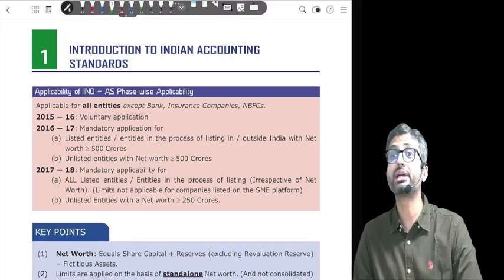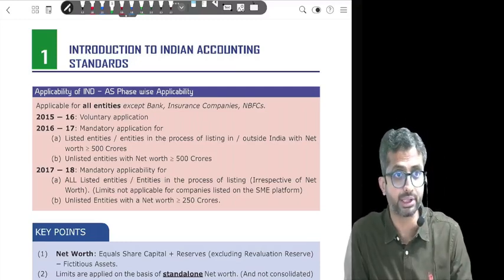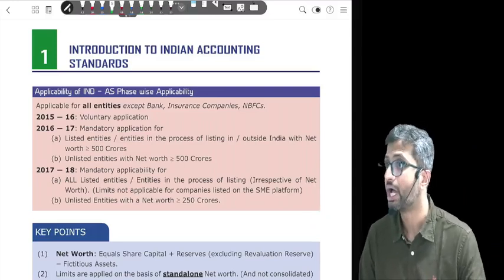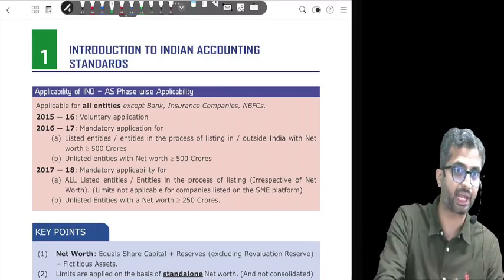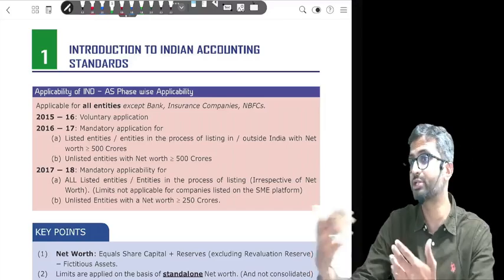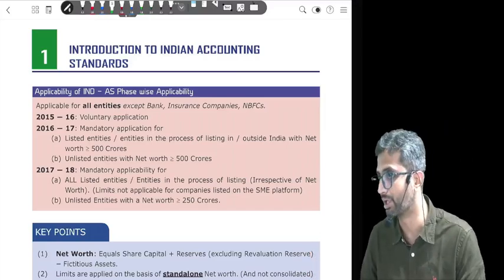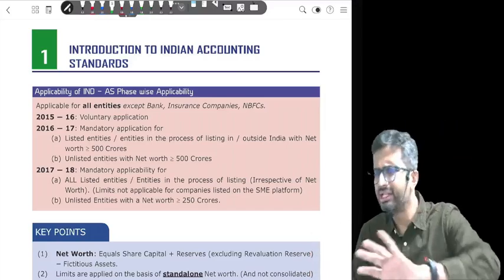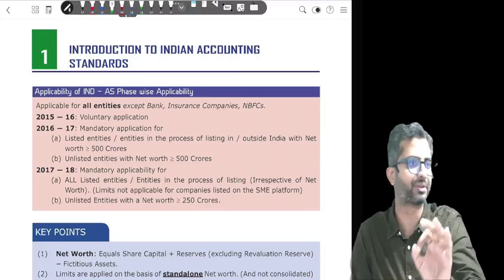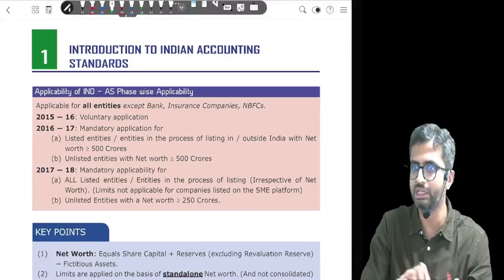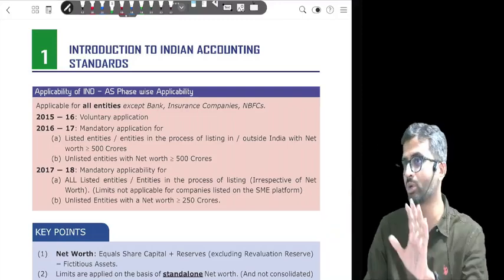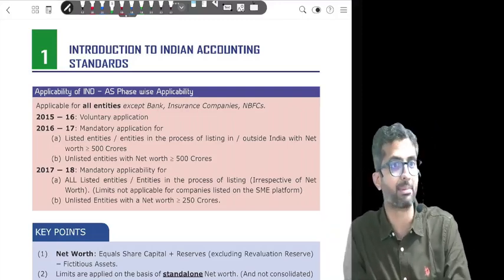Okay. Now we said it is applicable to larger companies. Do we need to understand to whom it is applicable? Well, in general, yes. The May 24 paper, the exam paper that just went by, had a 4-mark theory question. Explain to whom is Ind AS applicable. 4-mark theory question. In general, out of your 70-mark paper, I would not see more than 4, max 8 marks of theory. Everything else is going to be largely numerical. It can be sums or it can be cases, but there can be theory questions, and this was one of them. So to whom is Ind AS applicable?